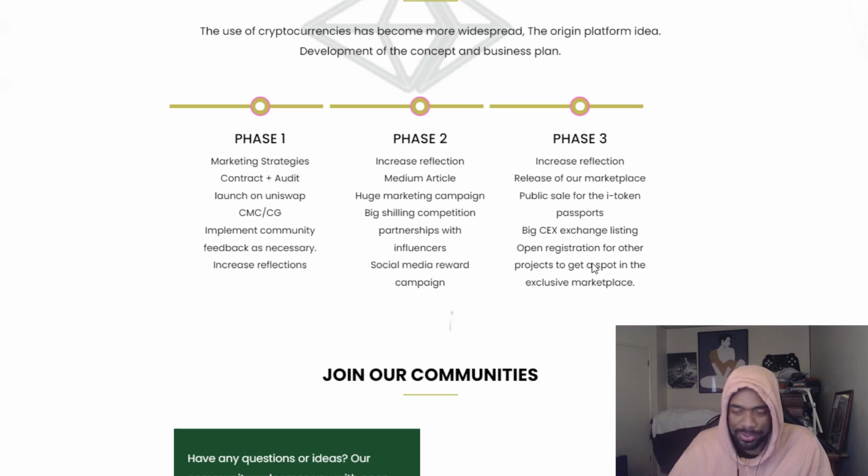All right, so first off, one thing that I did notice that I hadn't noticed with other tokens is they do plan on giving people more reflections. They plan on increasing people's reflections, and I feel like in order to do that, you have to have full ownership of the token, right? Which pretty much means that they most likely haven't renounced ownership, because in order to do certain things like increase reflections or change the tax fees or the buy fees and yada yada yada,